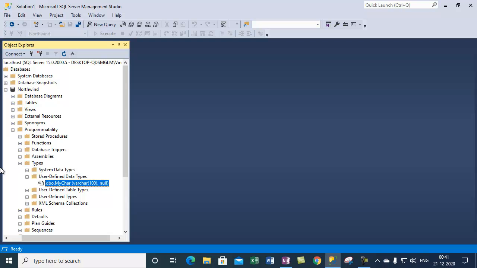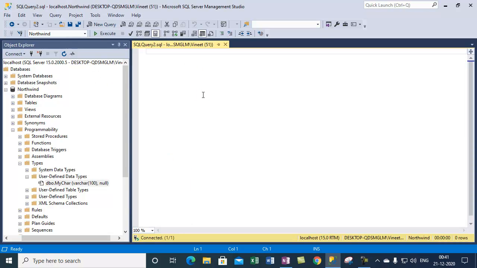Now let me show you how you can create a UDT by writing the T-SQL syntax. So let me just open up a new query window. You may write this code along with me. You need to specify the create statement, and you need to specify type, as we are creating a user defined type, and then you need to specify the name of the type. So let's say the name of the type is mytype,